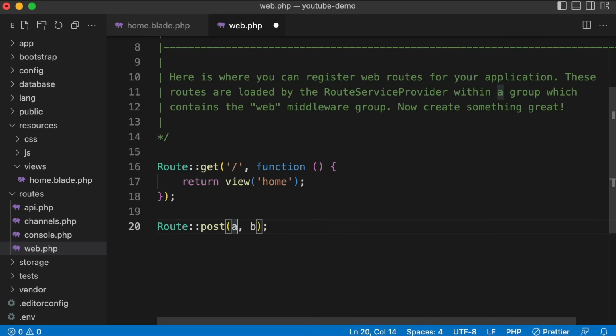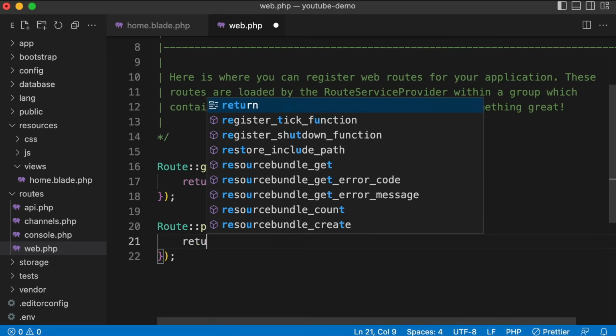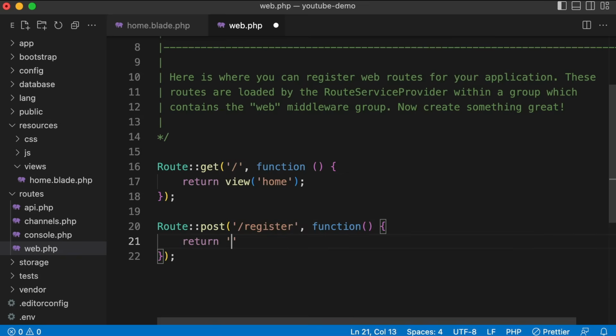So the first argument is just the URL pattern. So quotes, /register. That's what we're looking out for. The second argument is a function that you want to run at the appropriate time. So let's spell out an anonymous function. So function, parentheses, curly brackets, and let's just return a string of text that says, thank you, semicolon,